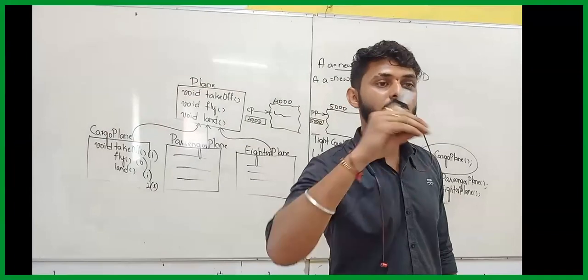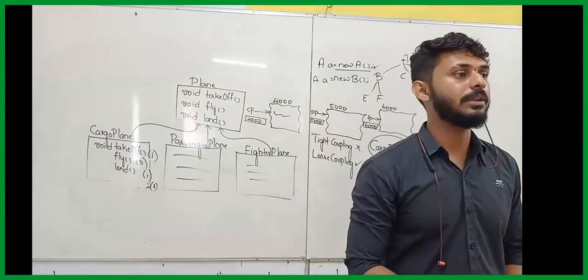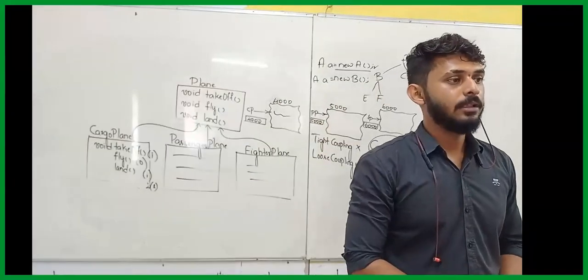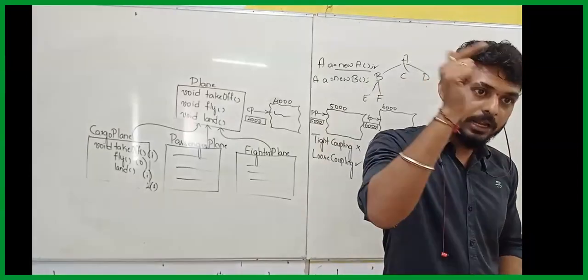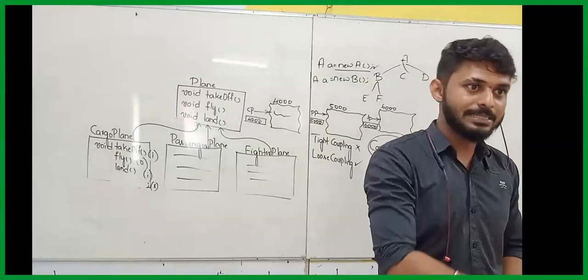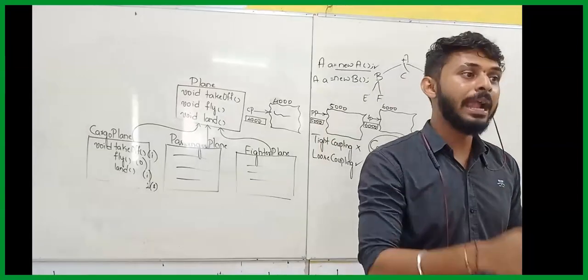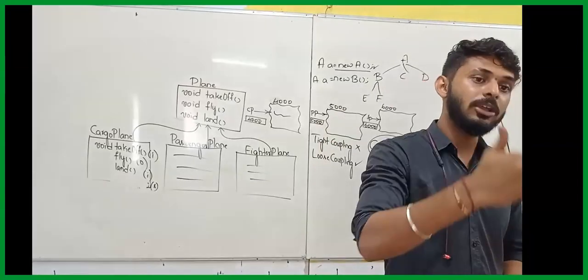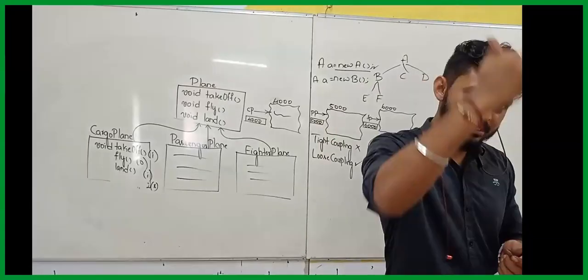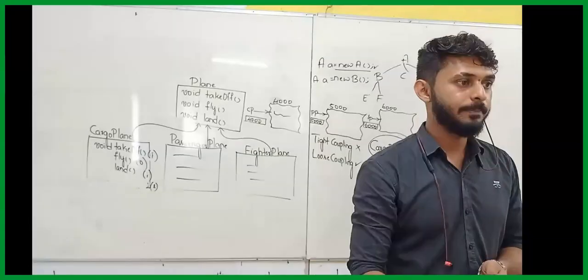All the child objects which come below that. At any point of time, if I create a reference of B, I can store new B, I can store new E, I can store new